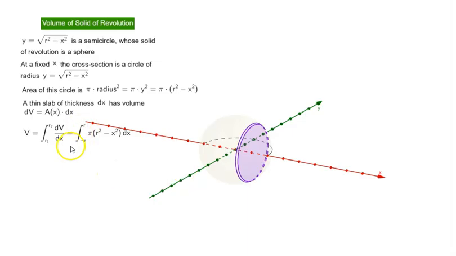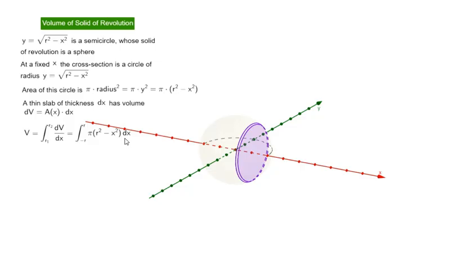That is equal to the integral from minus r to r of pi times r square minus x square times dx. Here pi times r square minus x square is our area,